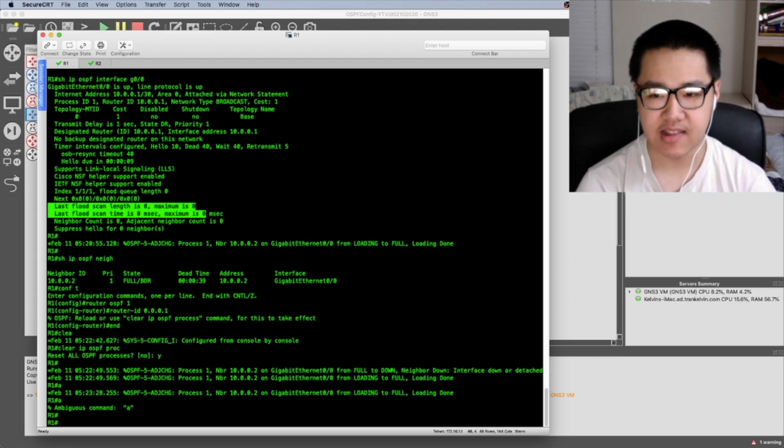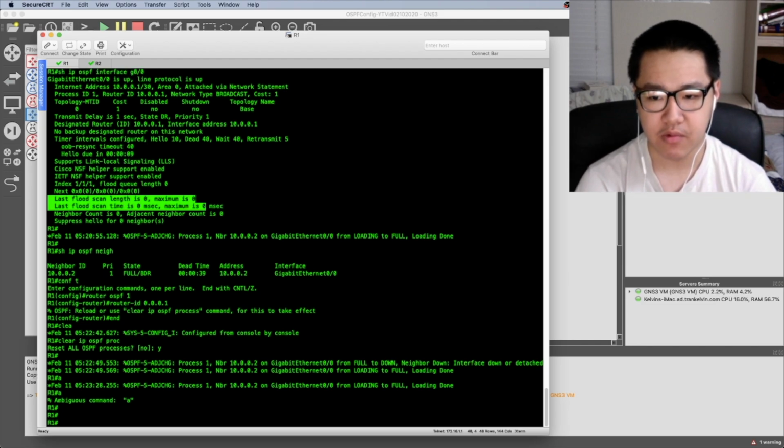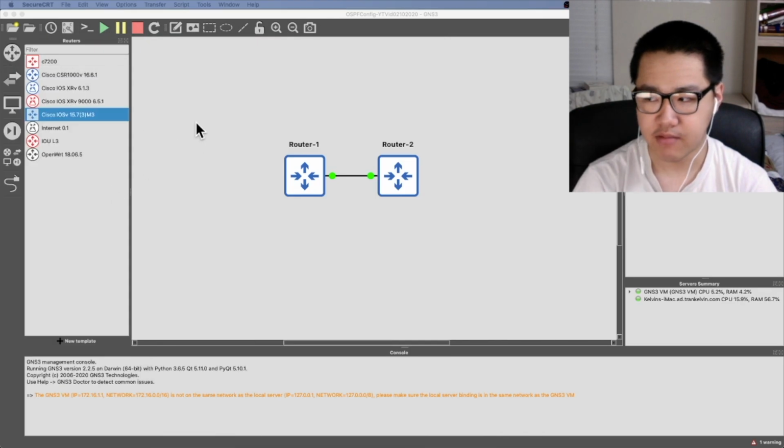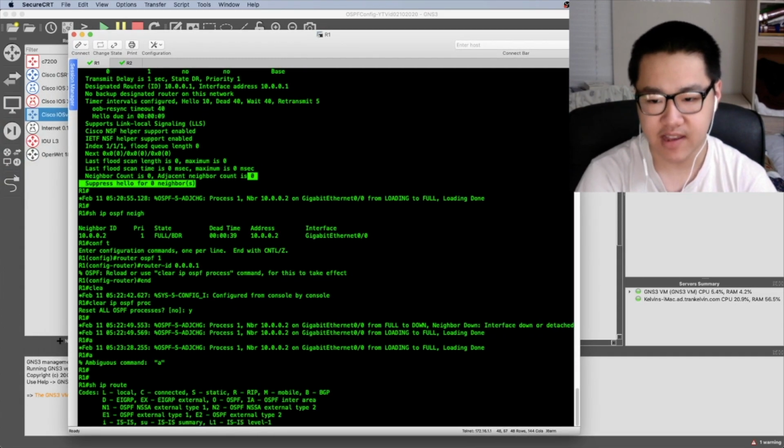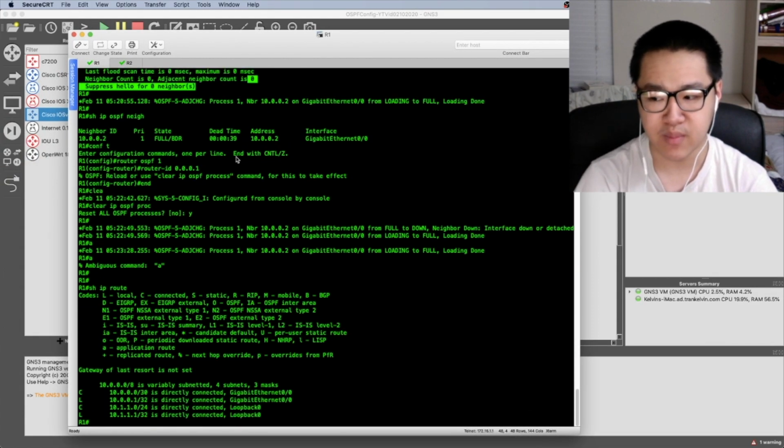With that being said, let's do one last thing. We're going to advertise a route. Well, how do we advertise a route? There's nothing connected here, there's no route anywhere. Well, that's true, because we have a connected route for the link, so we can't advertise that through OSPF because of an administrative distance thing. If I advertise the subnet through OSPF, and it is actually being advertised right now,